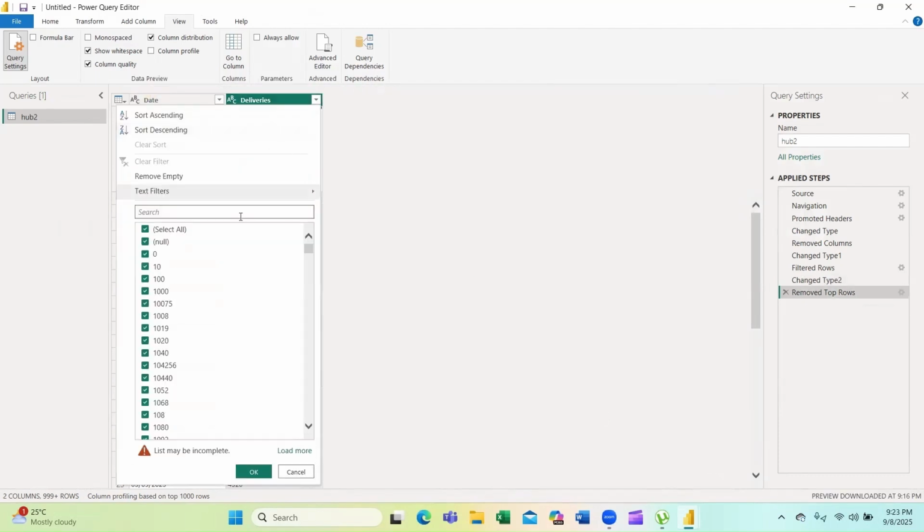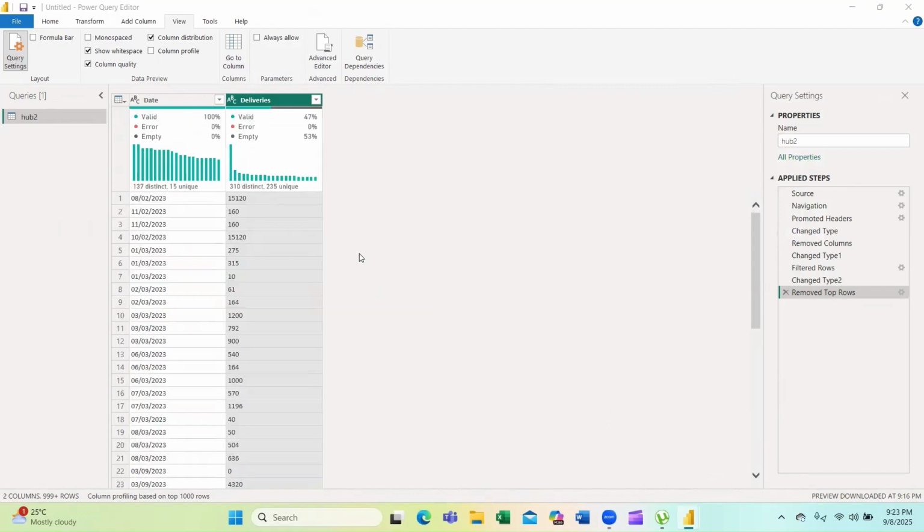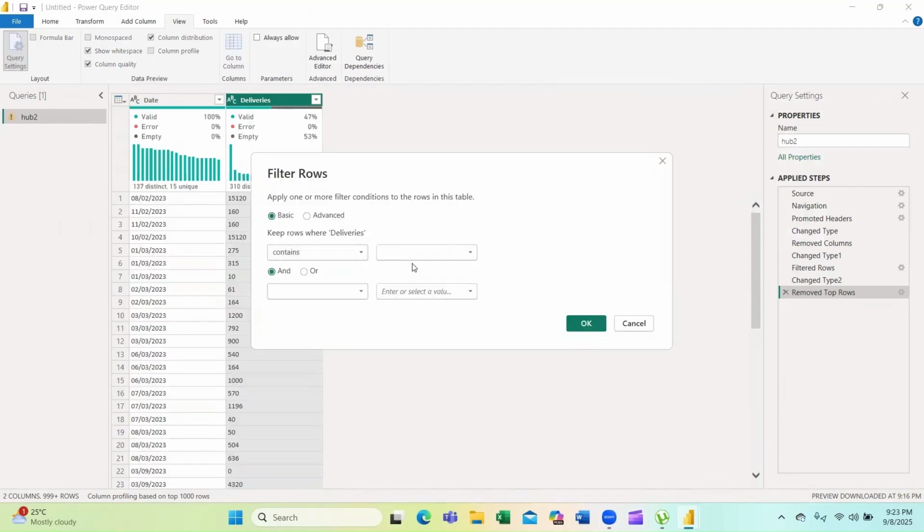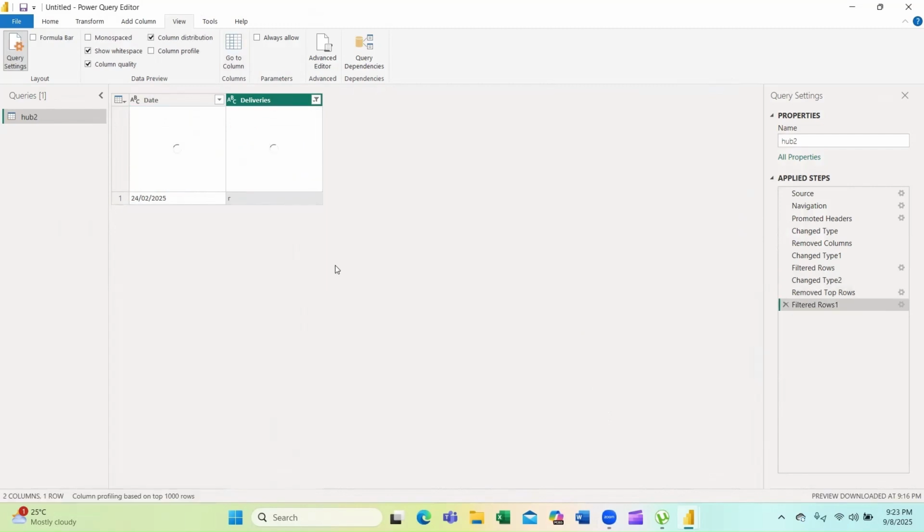And now let's search for it. We go to text filters and contains. We just write here R. Click OK, and here it is. So in this case, as you can see, I have a date, but I have an R. And let's suppose that someone made this mistake and the number was, I don't know, let's say 10. How do we replace this? We can do this very easily.